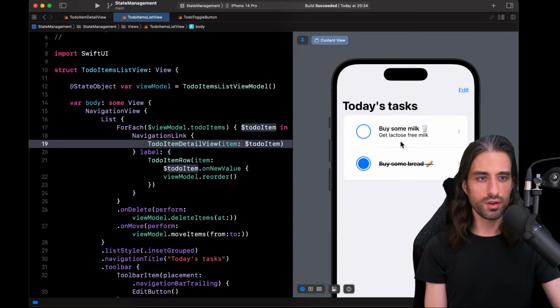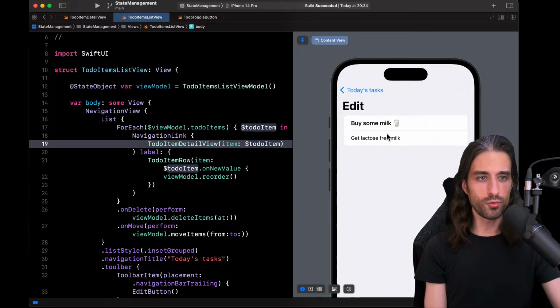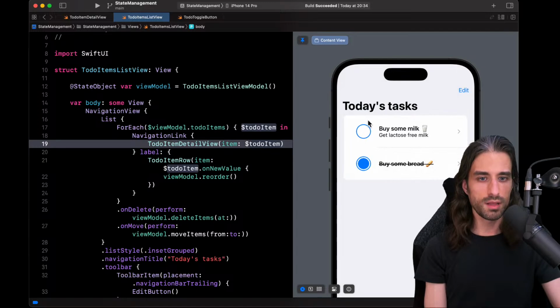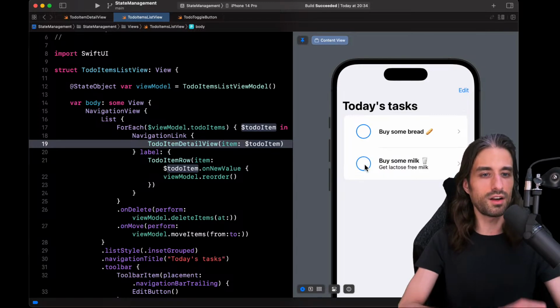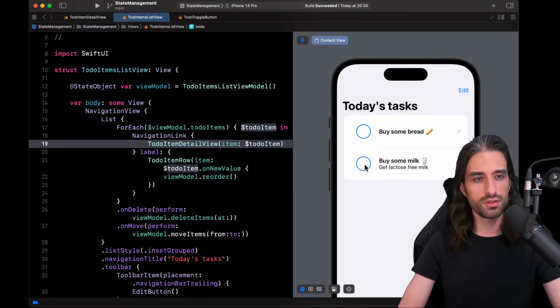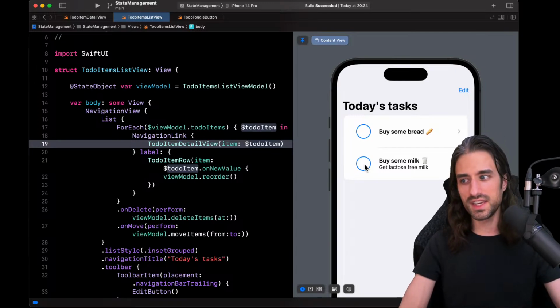Now, if we tap outside of the button, we trigger the navigation link. But if we tap inside the button, then the button takes priority, gets the tap event, and so we go from isDone false to isDone true, or isDone true to isDone false, instead of navigating. So that was the little trick. You need to give an explicit style to your button so that it just takes priority over the navigation link.